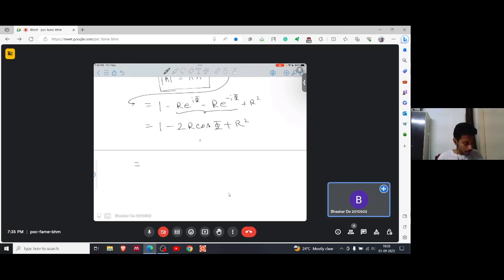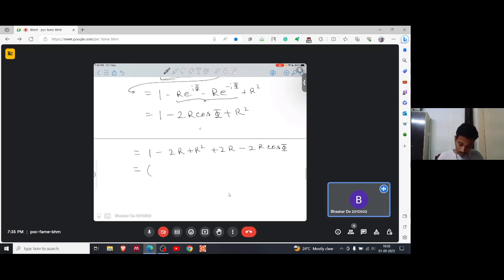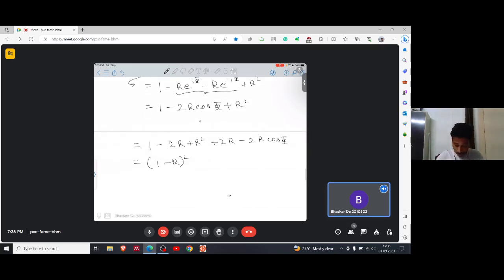Then we will write 1 minus 2r plus r square plus 2r minus 2r cos phi. So this will become 1 minus r whole square. As r is less than 1, we can write 1 minus r, and that will give a positive quantity here. 1 minus r whole square,